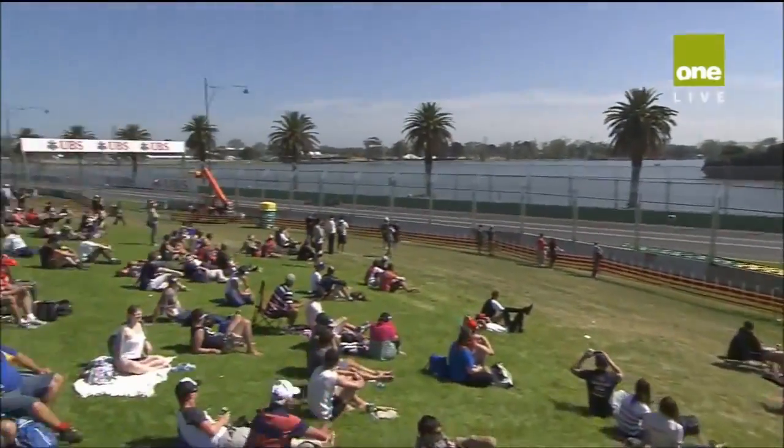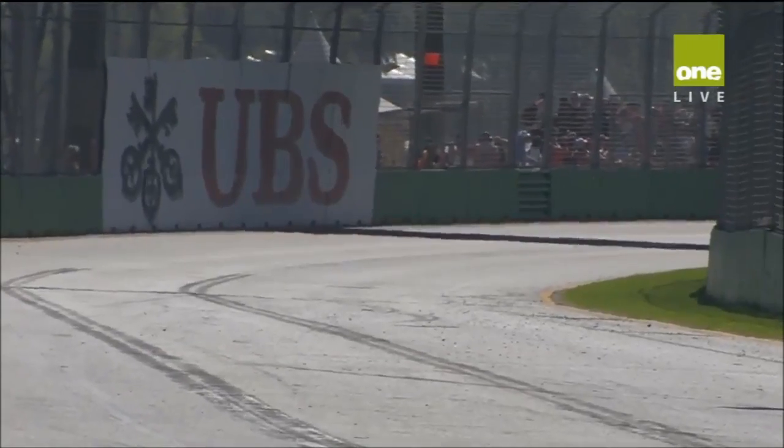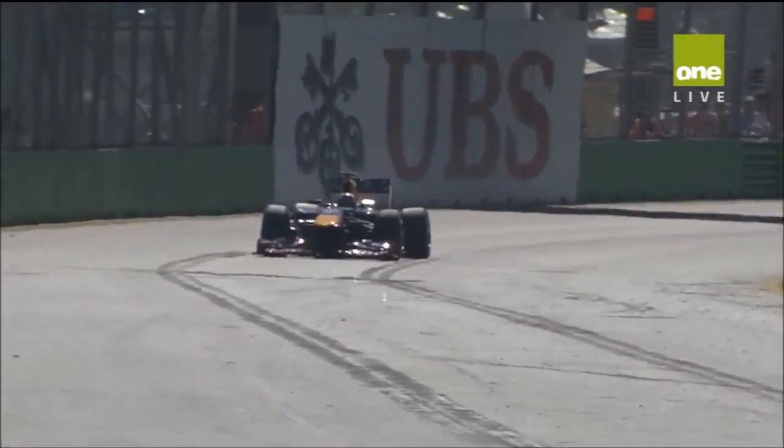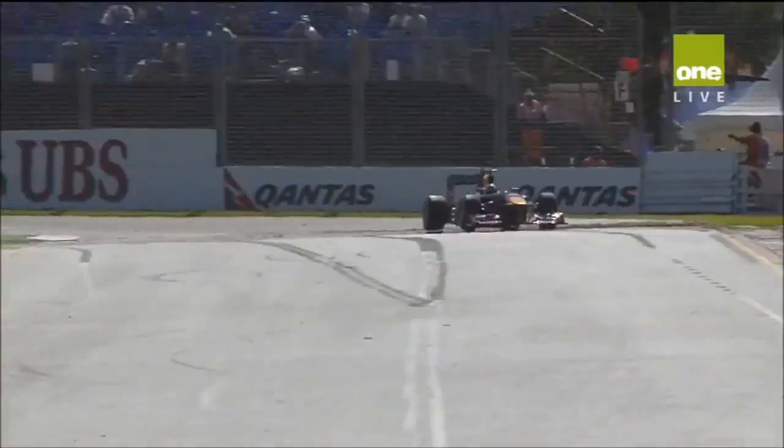Old school as in 2013, correct? Way back when. 2.4-litre V8, 18,000 RPM, about 750 brake horsepower. And DC just loves driving these things. So